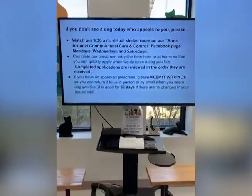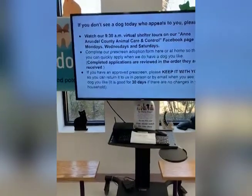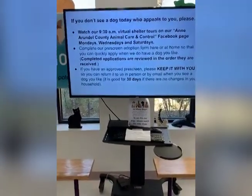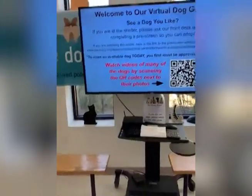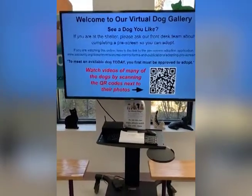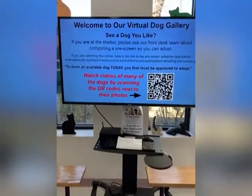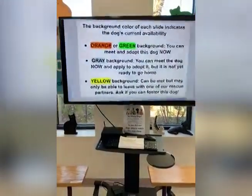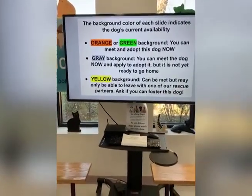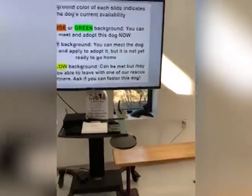So if you don't see a dog today that appeals to you, watch our virtual tour Mondays, Wednesdays, and Saturdays, or you can go on our shelter tour website and look at the Facebook page, complete our pre-screen adoption form here or at home. Make sure you bring all the correct paperwork. For any animals living in your home, we will need the rabies certificate, and it has to be current. And orange and green backgrounds mean you can adopt the dog now. Gray background, you can meet the dog and apply to adopt it, but it's not quite ready to go home. Yellow background can be met,